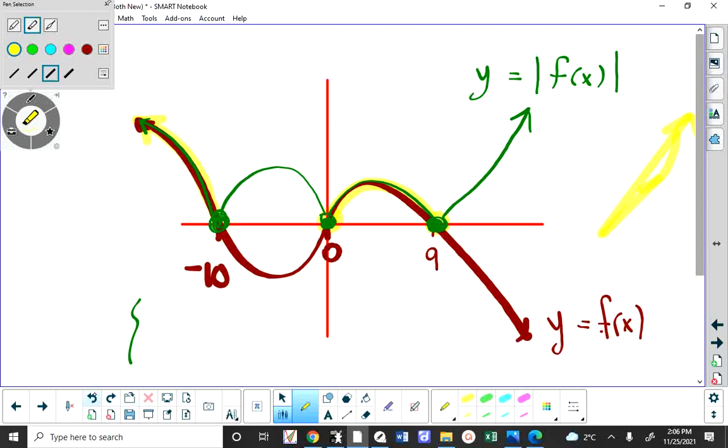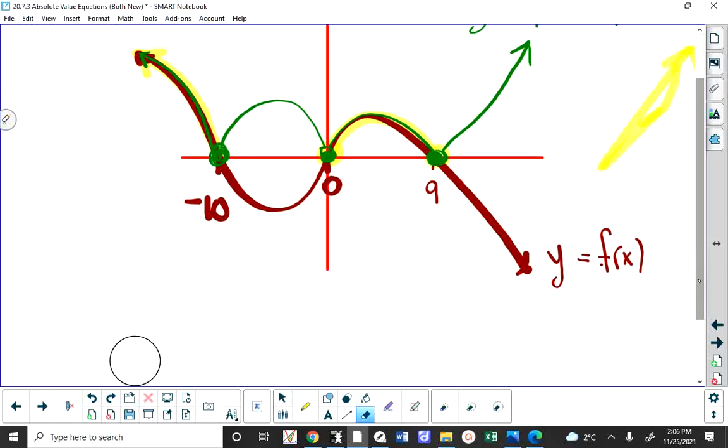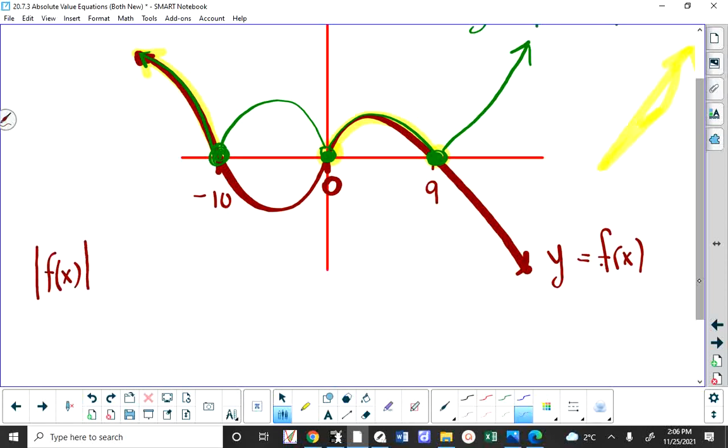We didn't mess with them. Which would mean that the absolute value of the function is equal to the function from -infinity up to -10, because we didn't need to flip it. So the absolute value of the function is just the function. It's also just the function from 0